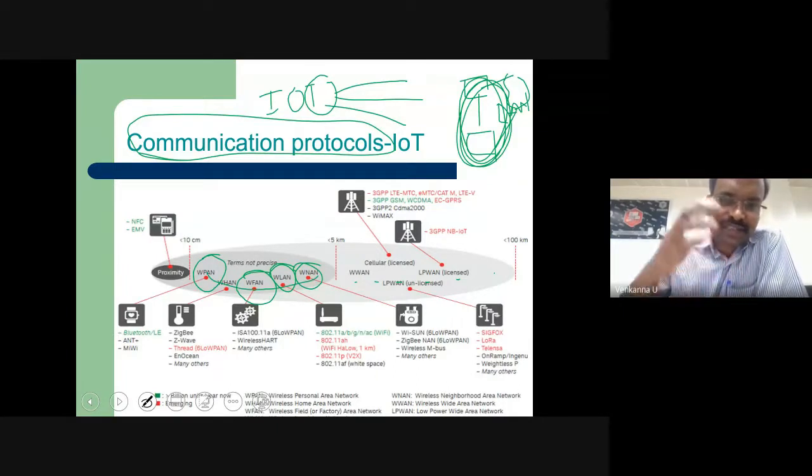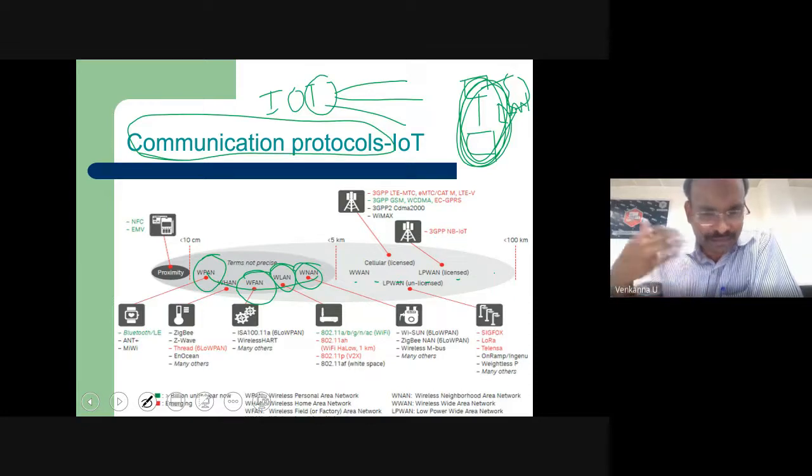Just the communication range is increasing. A personal area network may be 10 meters, a wireless home area network 30 or 50 meters, a wireless factory area network 300 meters, on the order of 100 meters. Local area networks may be 1 kilometer. Then WMAN, and the wireless neighborhood network, is a little bit more, and so on.